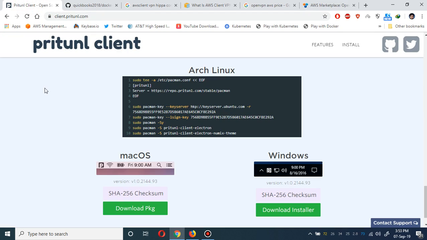But I'm talking about Pritunl. It is a completely open source tool. You can add as many users as you want, and one of the best things is that it gives you multi-factor authentication, which is HIPAA compliant. For instance, I will set up Google Authenticator for MFA, and by using that my users are going to access the